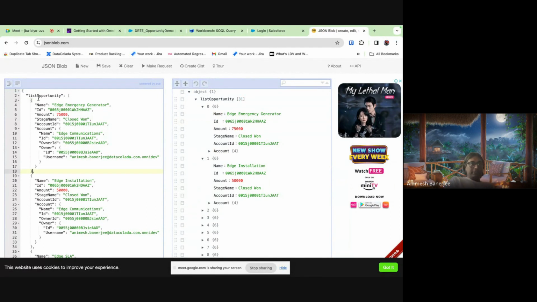দিয়ে আমি দেখতে পাচ্ছি। এই একটা রেকর্ডের এইটা হচ্ছে কি আর এটা ভ্যালু। জেসন মানেই সবসময় একটা কি ভ্যালু পেয়ার, ঠিক আছে? তার মানে একটা হচ্ছে অ্যাট্রিবিউট আর একটা হচ্ছে ভ্যালু অফ দ্য অ্যাট্রিবিউট। মানে এটা ধরতে পারো ইজ আ ফিল্ড নেম and this is the field value of an object or a record, ঠিক আছে? id field তার এটা ভ্যালু, অ্যামাউন্ট ফিল্ড তার এটা ভ্যালু, স্টেজ ফিল্ড তার এটা ভ্যালু। তো দেখেছো অ্যাকাউন্ট। এইবার যখন